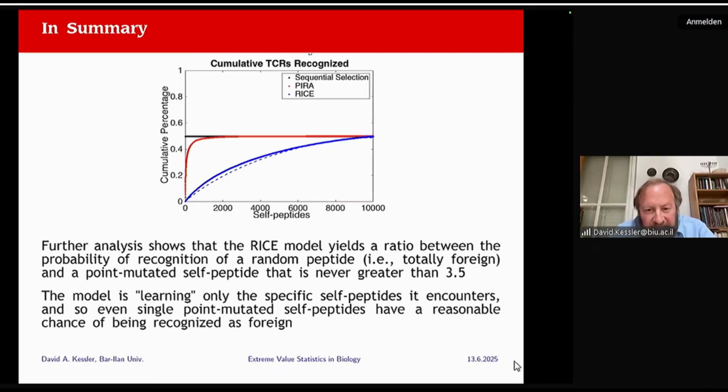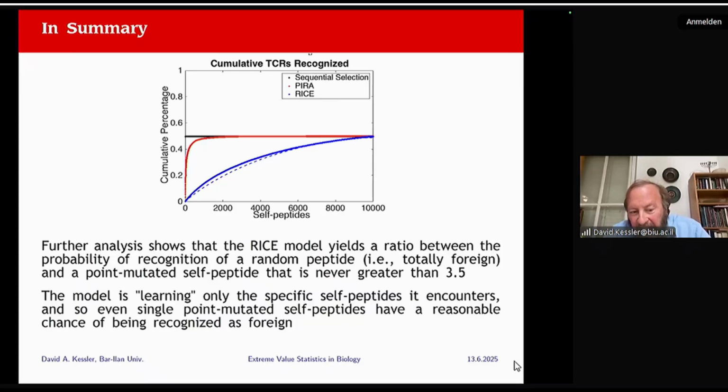And so in summary, we can summarize these results by these 3 curves. For the original sequential MJ model, assuming the asymptotic selection is 50%, once you've done the most important self-peptide, you've eliminated the 50%. You don't have to look at anybody else. It's not quite so bad with this intermediate model, which was position independent. But if you go to a position dependent model, then all the different peptides are contribute to the process. And then the burning question is what happens when you have a